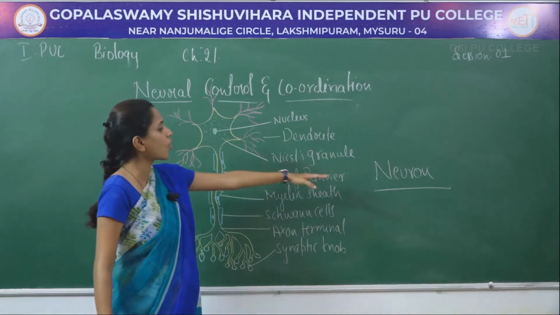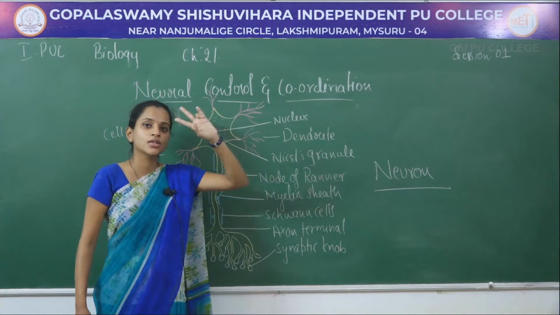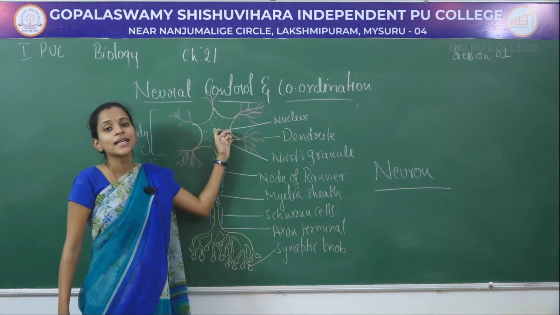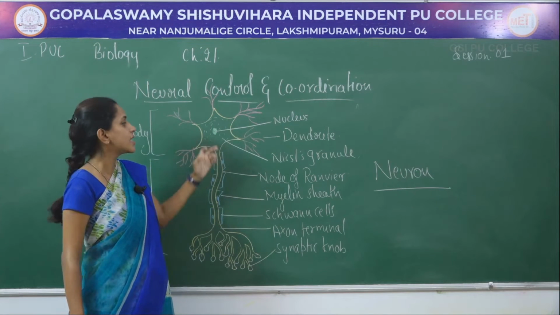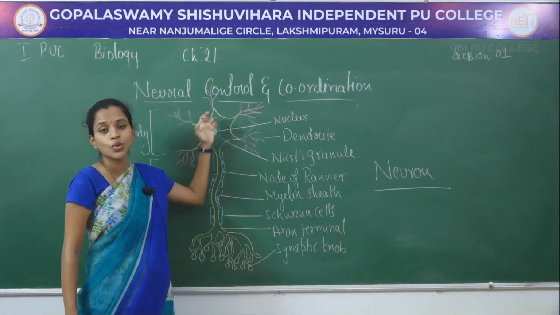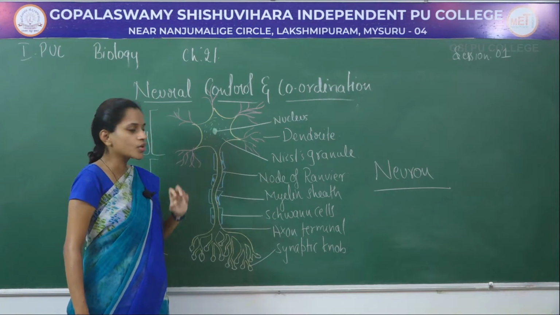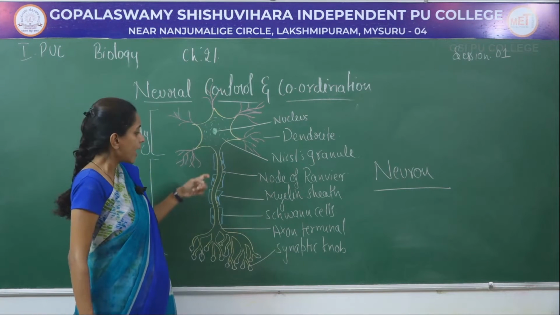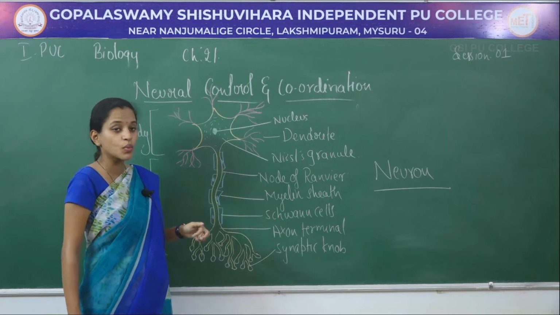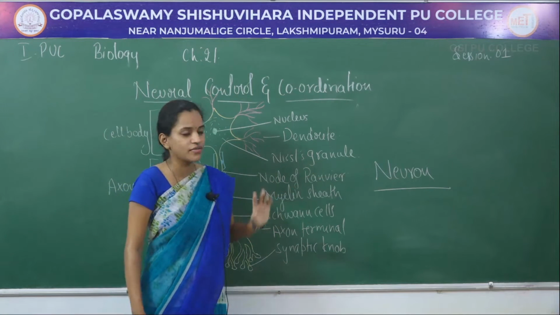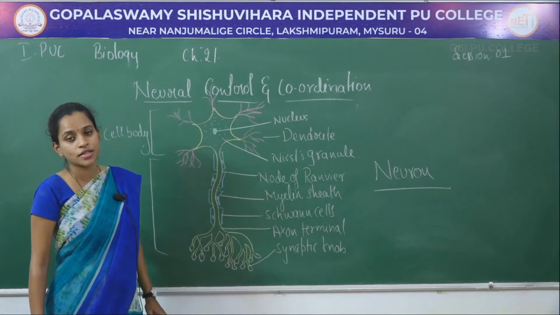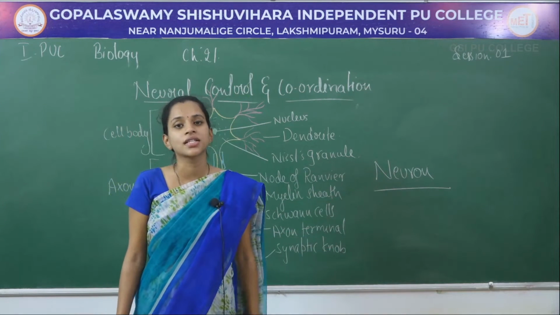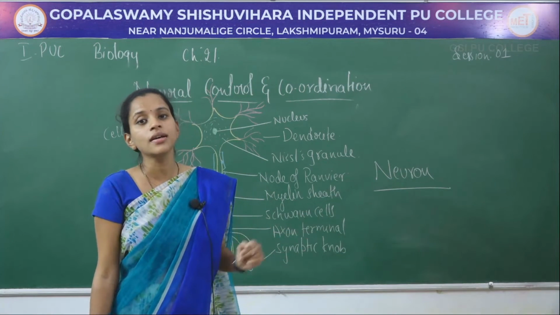That is about the neuron. Once again to explain, a neuron contains two different regions, the cell body and the axon region. The cell body has dendrites to receive the impulse or signal, and transfers it into the inner region containing the nucleus and Nissl's granules, then into the axon, where it is insulated with the myelin sheath containing Schwann cells. At regular intervals, there is a space with no myelin sheath, termed the node of Ranvier, and the axon ends in the axon terminal bearing the synaptic knob. From the synaptic knob, the chemical signals are transferred into either the next neuron or the muscles.